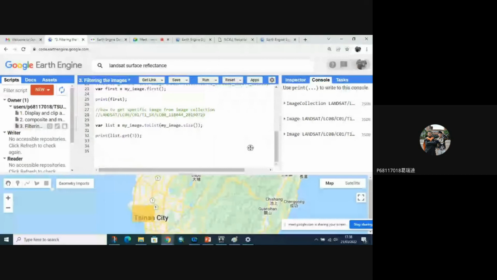We want to do the limit, limit the number of the image collection. Okay, my image dot limit. We can do the limit, maybe 10, and print limit.